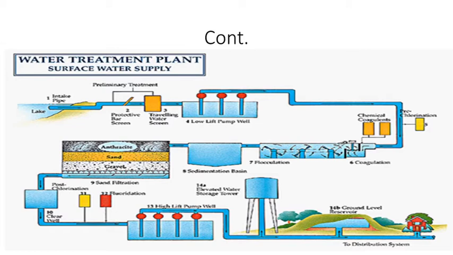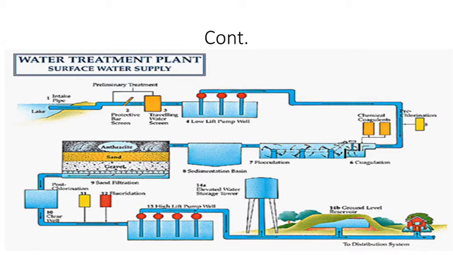The rate of filtration for a pressure filter varies from 6000 to 15,000 liters per hour per square meter of area. So this pressure filter is basically an airtight container having a diameter of 1.5 to 3 meters, and the length varies from 3.5 to 8 meters. This filter is the same as a rapid sand filter, or rapid gravity filter, and basically here the pressure is used for the filtration process.